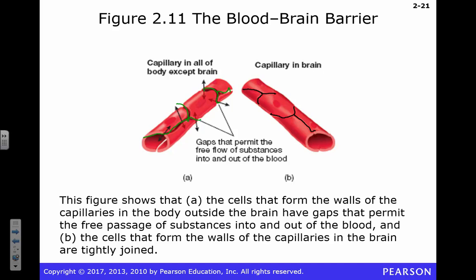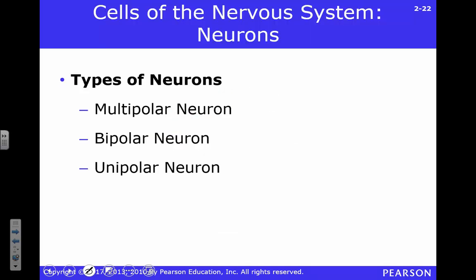Here's another way you can organize neurons. We talk about multipolar, bipolar, and unipolar. Largely, I think that's useless. Okay? I think it's a useless division, and I think it's confusing. I've been studying brain cells for a decade, and I'm going to tell you, if you showed me a picture of one, I couldn't tell you what kind it was, looking at a multipolar, bipolar, or a unipolar. Doesn't make any sense to me, and I still don't understand the difference between a multipolar and a bipolar, or how something can only be unipolar. It just doesn't make sense to me, so don't spend your brain on it.